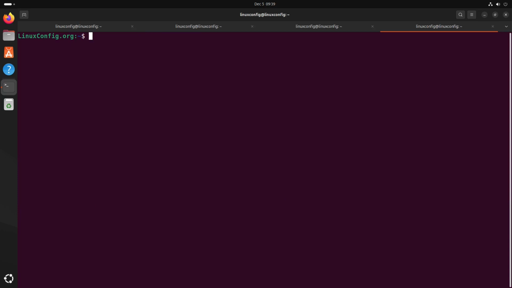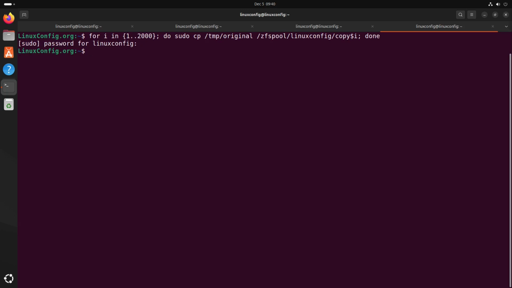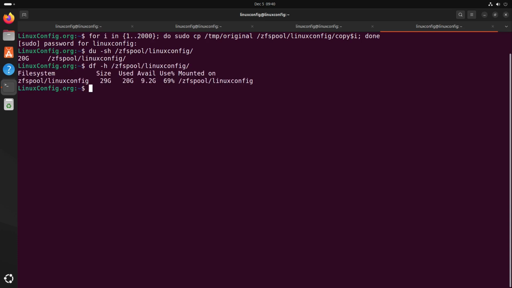Let's open a new tab for the stress test. We'll use a loop to copy our 10 megabyte file 2,000 times. This creates 20 gigabytes of logical data, more than double our available pool space. The du command confirms 20 gigabytes of data in our dataset, and df shows the file system reports 20 gigabytes